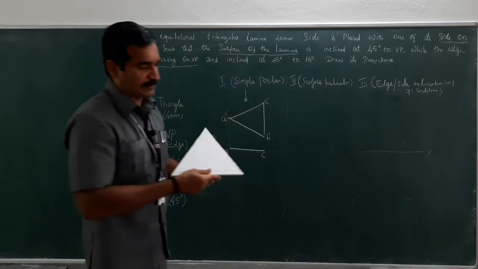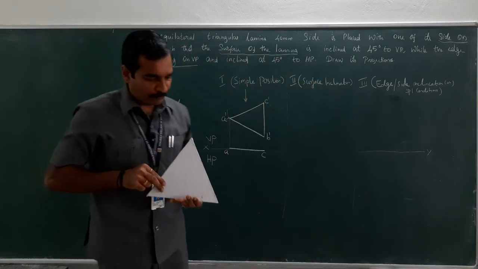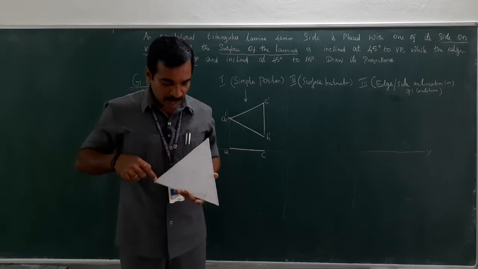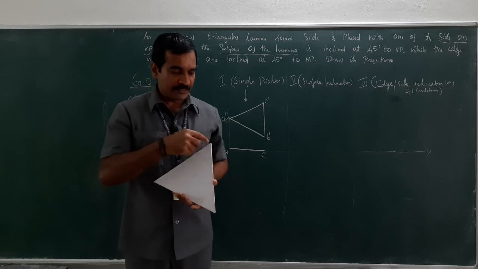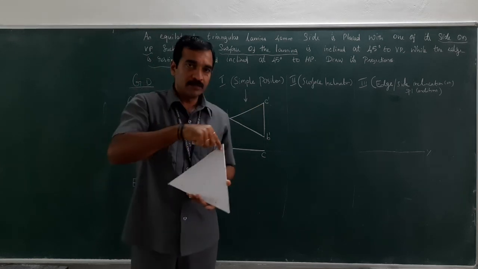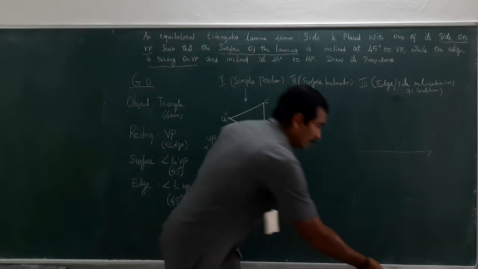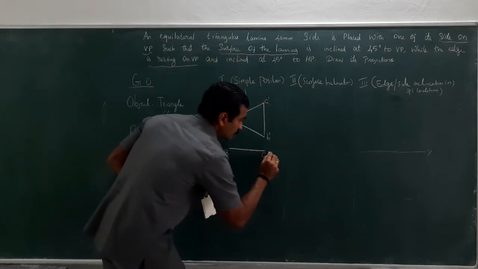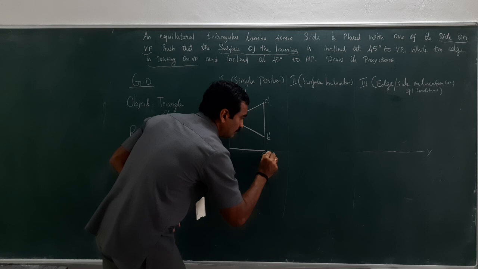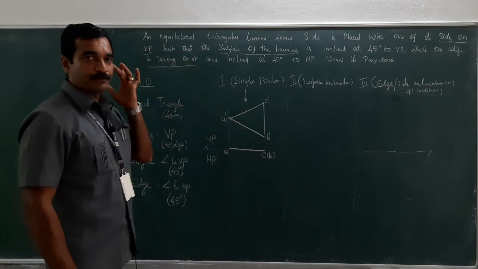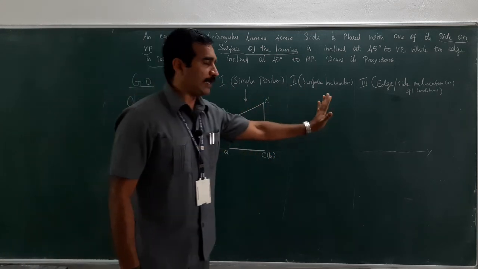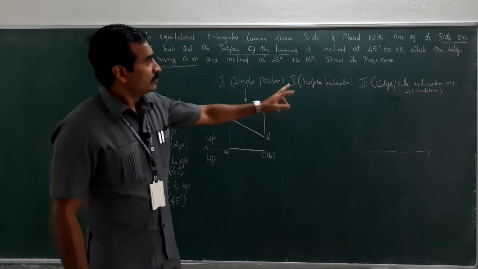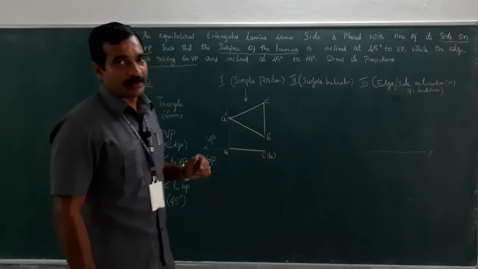So, this is how the object is here. When I look from the top, I can see C and A. What about the point B, which is right behind C? So, B is invisible. An invisible point should be captured within brackets. So, B should be captured within the bracket. Clear? Next, let's move to stage 2, where the surface is inclined.